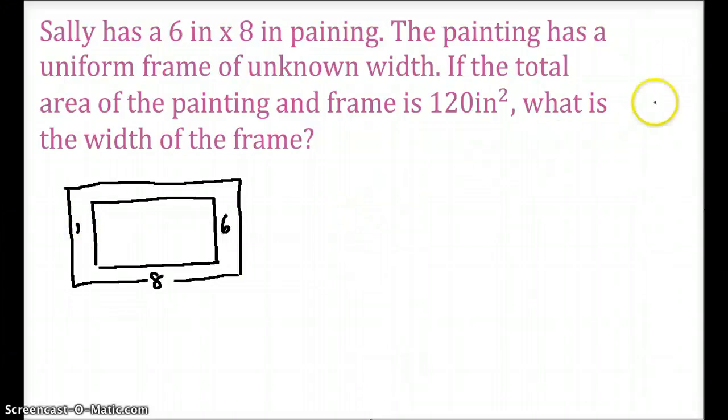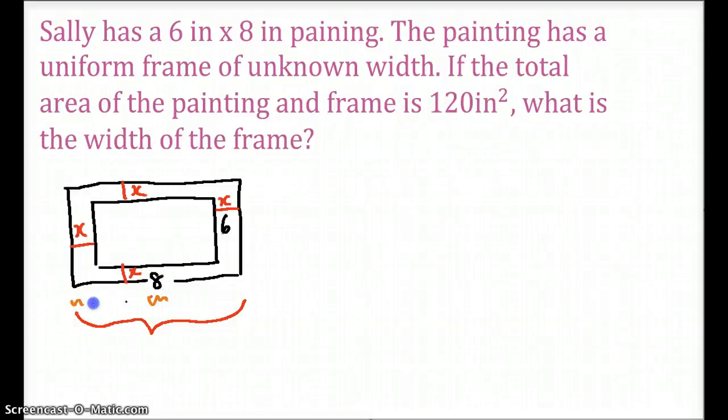Write that in a different color. So this is x, this part is also x, this is x, and this is x, because the width is x. Then it says the total area of the painting and frame is 120 inches squared. So what is the width of the frame? So we're just going to write down the length and width of the whole rectangle, including the frame. So this whole thing right here would be this value 8 plus this x on the side plus this x. So it's going to be 8 plus 2x. And this side is going to be 6 plus 2x because we have the x up here and then the